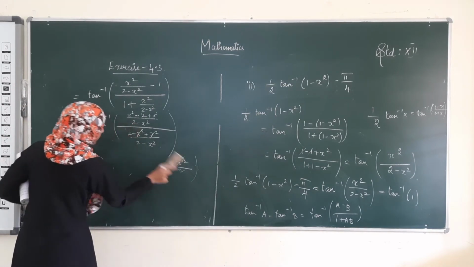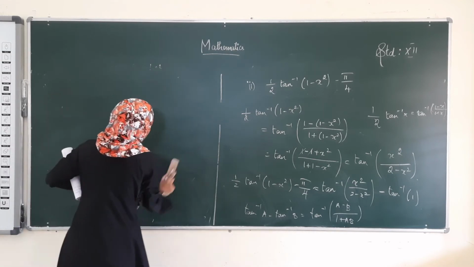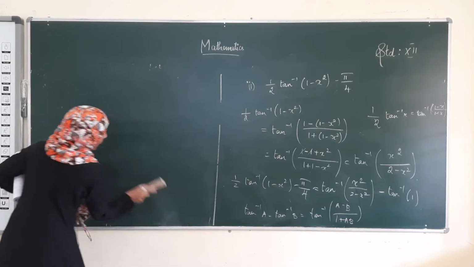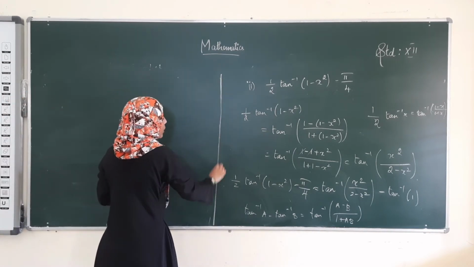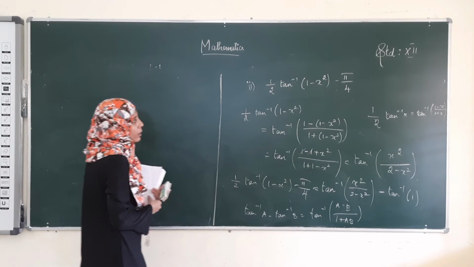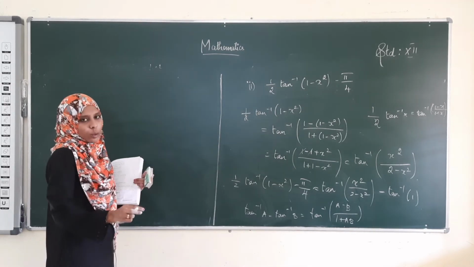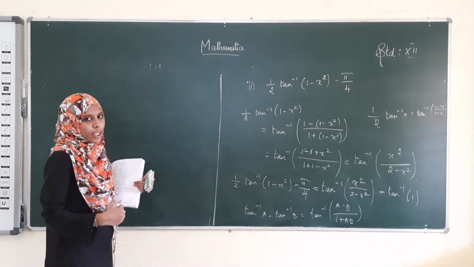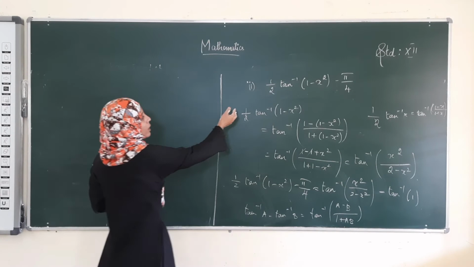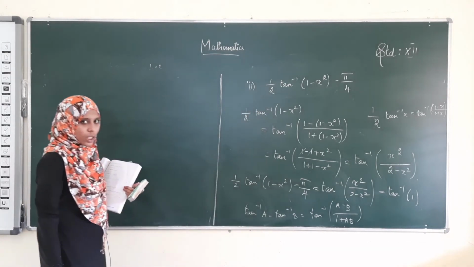Now, this is how you have to find the domain. Okay, if you have something like this, you have to simplify first. Then at last you have to find the domain. In the first subdivision, they directly gave the question. There is no need for simplification. We just find the domain. In the second subdivision, they have given it like this. Therefore, we simplified and at last we found the domain.